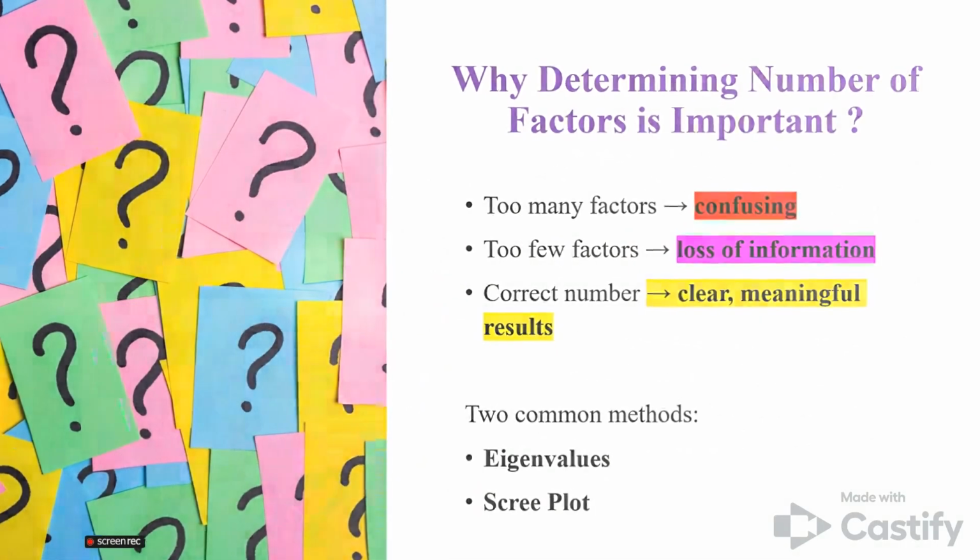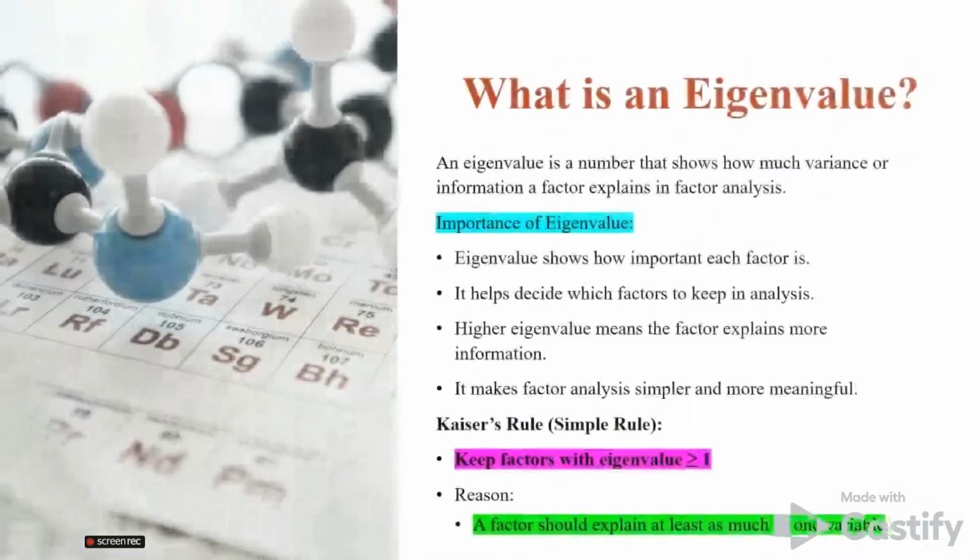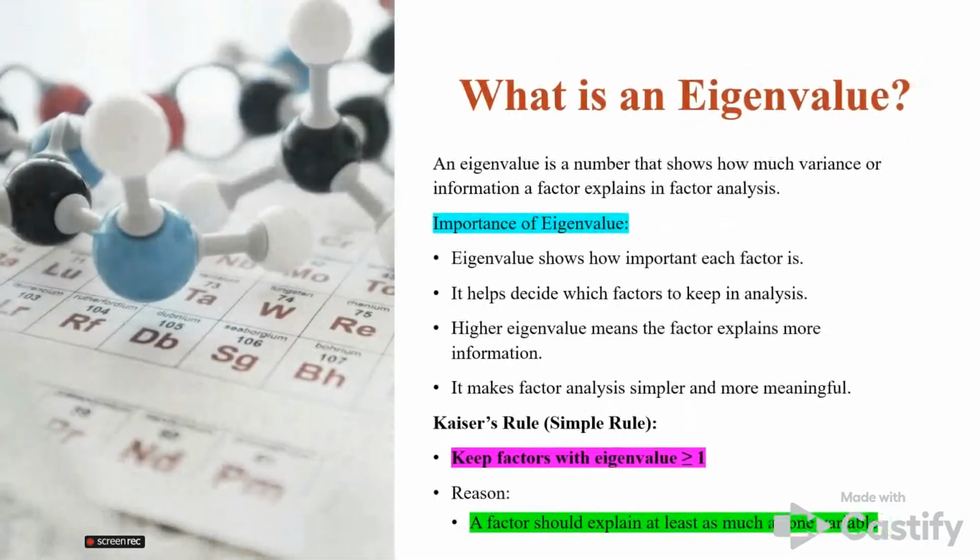Scree plot. Talking about what an eigenvalue is, this is a number that shows how much variance or information a factor explains in factor analysis. The importance of eigenvalues is discussed below. It shows how important each factor is. It also helps to decide which factors to keep during an analysis. A higher eigenvalue means the factor explains more significant information, and it also makes factor analysis simpler and very much